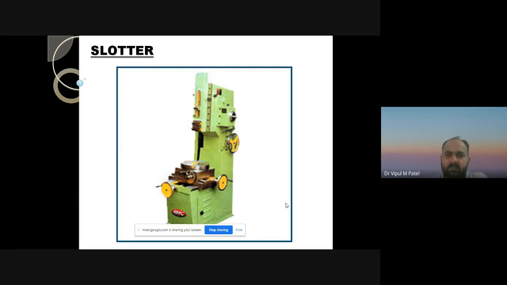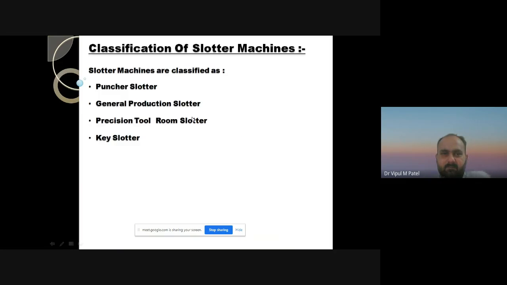We can easily hold the workpiece with this work holding device. All these attachments can easily be handled with this handling device. This one is a ram which reciprocates vertically with the different mechanisms that we have already used in the shaper machine as well as the planer machine. So these are all the important components of the slotter machine.